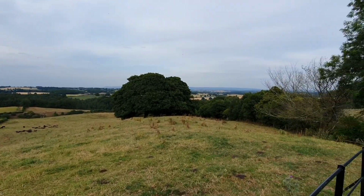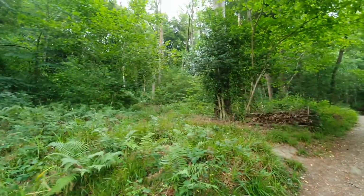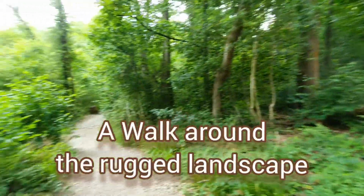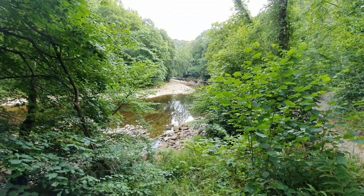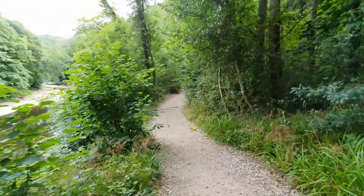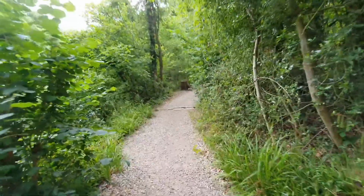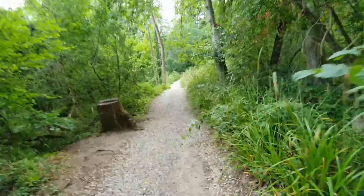This is Hackfall. Well, here we are at Hackfall, not far from Masham in North Yorkshire. There we are, looking over the river here. There's about 4 walks here of various levels. And you can have a look at various follies around here and crags and have a look at some of the old buildings that once existed around here, some of the ruins. Some views you can't see because of the trees, but certainly